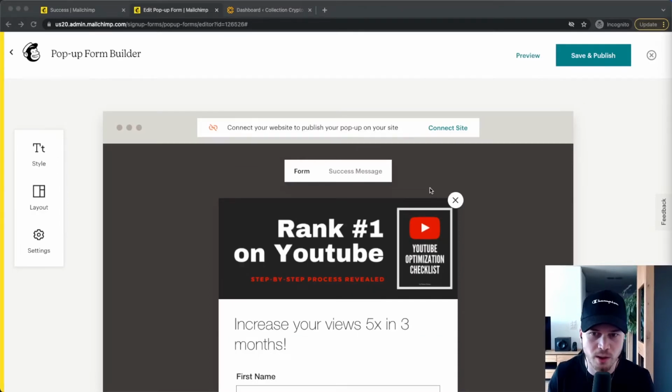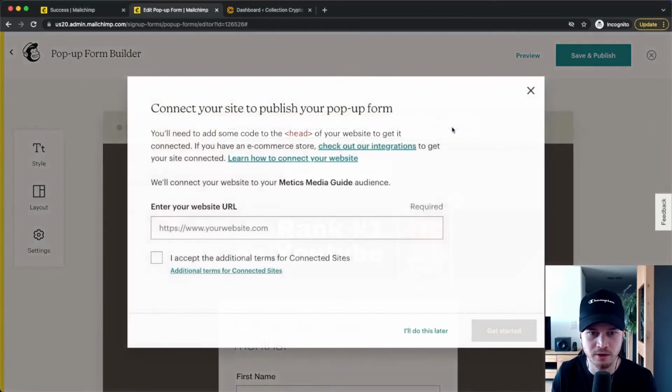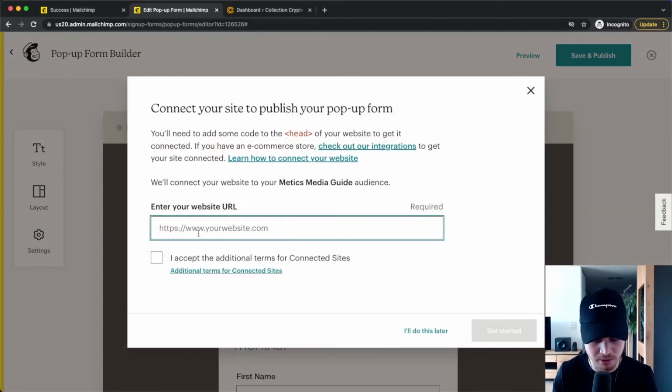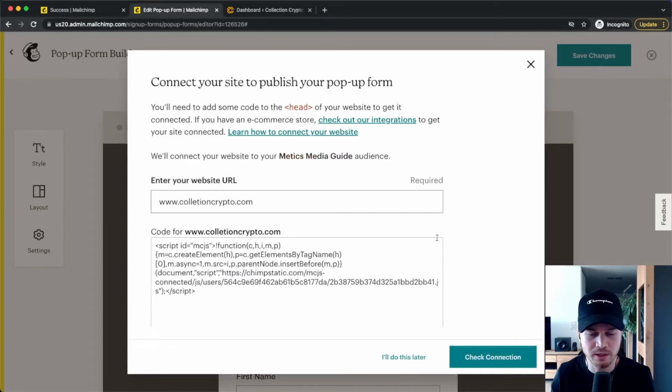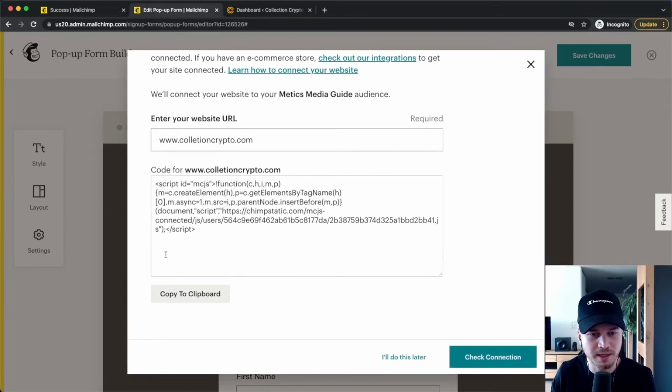So now we need to go ahead and connect the website. So we're going to go to connect website right here. And then we need to type in the URL of your website. I'm going to simply use a website that I'm working on right now, and then click on get started. And what we need to do now is copy and paste this HTML code in the header